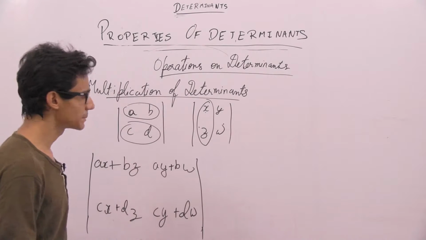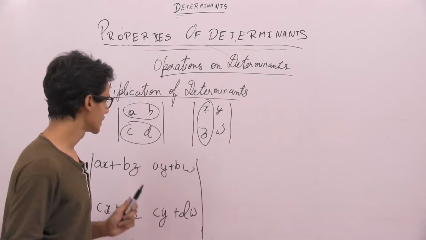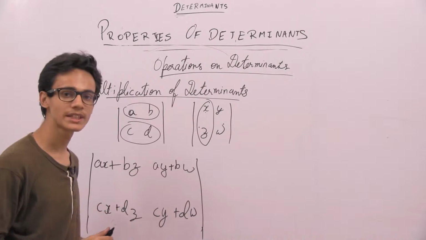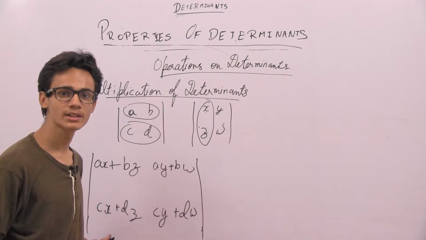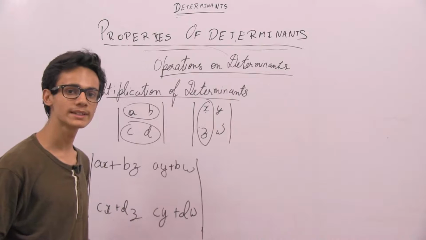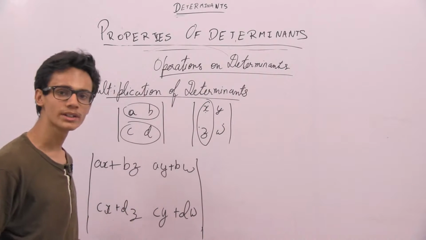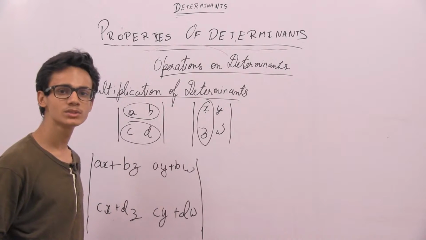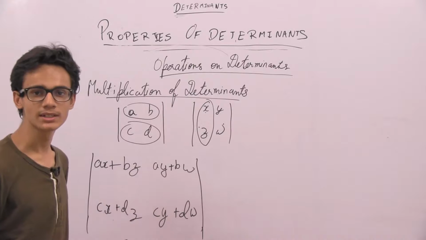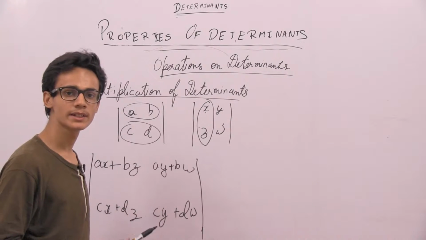This multiplication is a lot like the multiplication we learned in matrices, but here we do not need to check about the orders, because the orders will be same as they all are square matrices. Whenever we take a determinant, we only take the square matrices, so we do not need to worry about the order here. We can directly use the method we learned in matrices as well. The method is same here. So basically we use this method for multiplication of determinants as well as matrices.